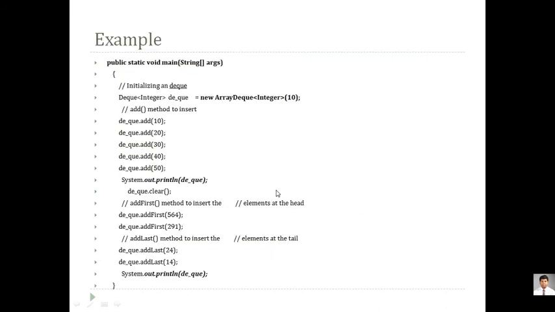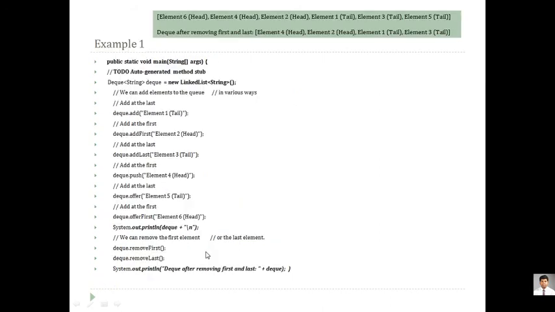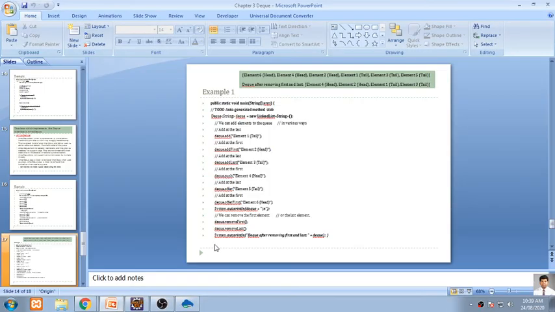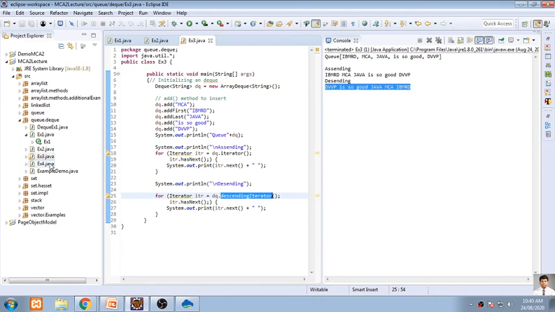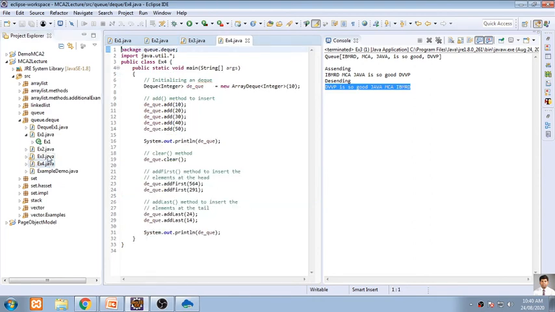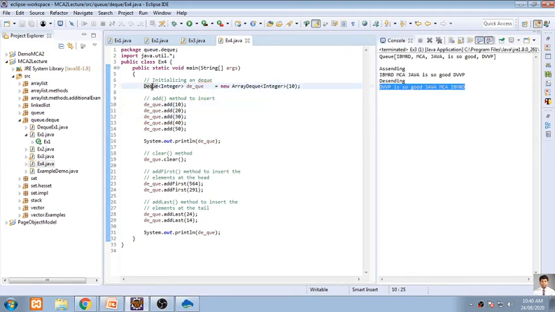Now it's a very simple example. Here we'll be creating a deque queue of various elements, and we'll be implementing various functions for this one. There are 2-3 examples, and we'll stop today itself. So we'll go for execution of these functions. The first one is simple functions. What we do is that we are creating a queue deque, and we are specifying the size as 10. So here I'll be adding 10 elements.